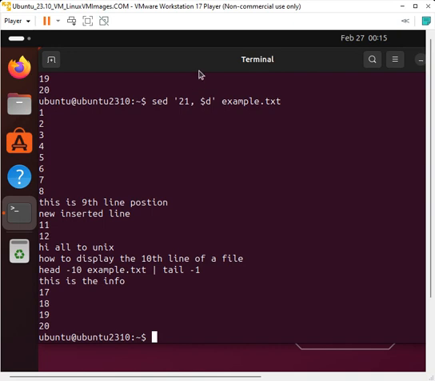So what is here? D is used for the deletion. Okay. Next, I want to get